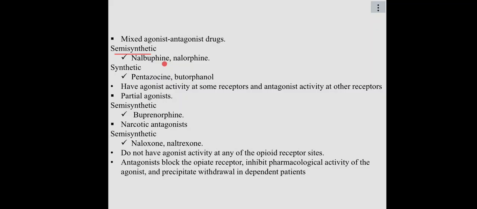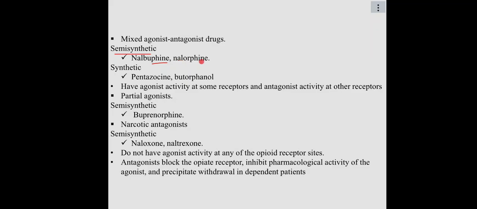Remember, nalbuphine has a methyl butyl group at position number 17. At position number 14, it has a hydroxyl group. It has saturation at position 7-8, and it does not have any ketone at position number 6. Instead, it has a hydroxyl group at position number 6, and that is why we call it a morphine-like drug, because it has some similarity with morphine. So it has a hydroxyl group at position number 6, but it also has a hydroxyl group at position number